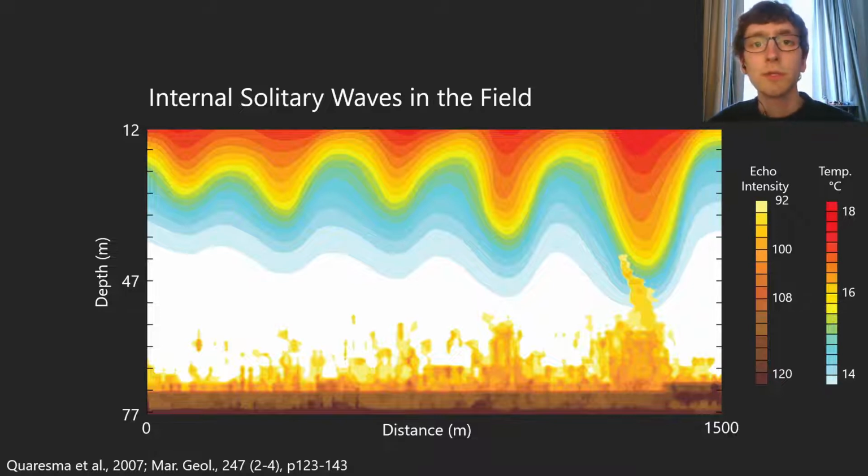Because they're non-dispersive, they're able to travel long distances without change of form, but as they travel over changing topography, such as shoaling on a slope, they are able to dissipate large amounts of energy and cause high amounts of mixing. They're also important in these environments for sediment transport and resuspension, as shown here,